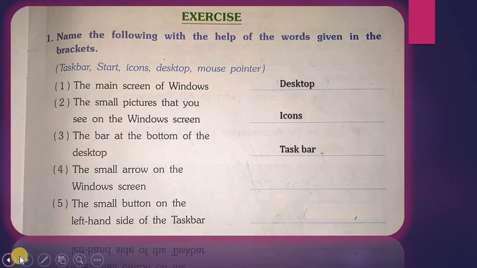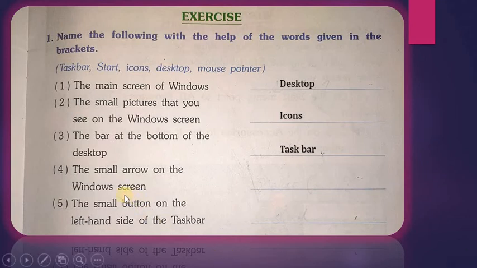In the desktop screen you can see the bottom line. It is the bottom bar that shows the start menu at the left side. At the right side we see the date, clock, volume, right? Different tools at the right side we can see in the taskbar. We call it the taskbar.